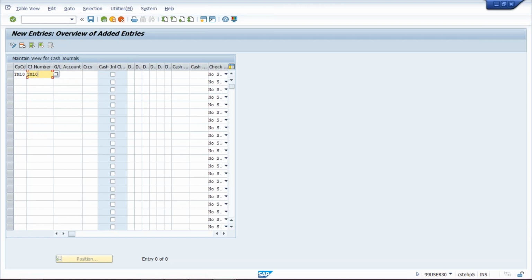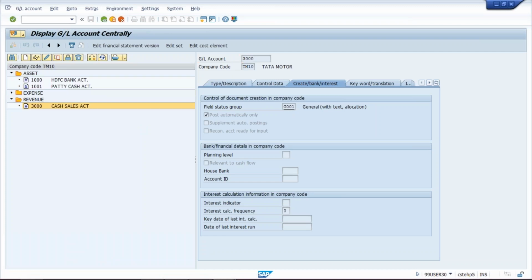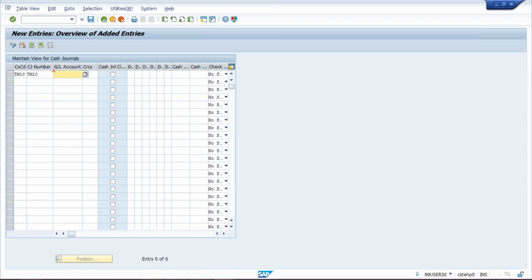TM10 I have given in cash journal number also, and GL account. Whatever GL I have created for petty cash GL, guys, petty cash GL I have created here in asset. Petty cash GL number is 1001. That GL I am going to give here. Petty cash GL 1001. Currency INR.